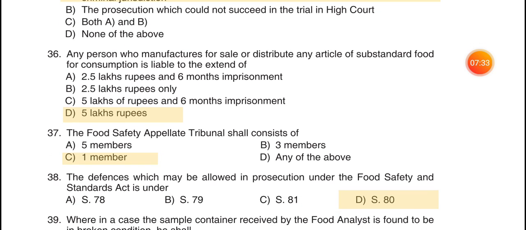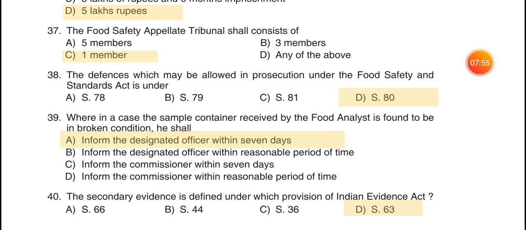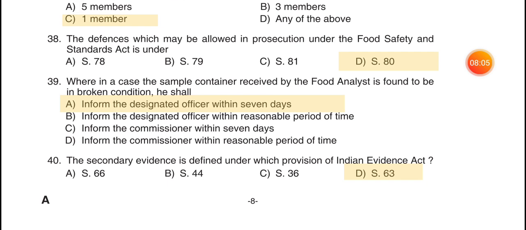36. Any person who manufactures for sale or distributes any article of substandard food for consumption is liable to the extent of option D, 5 lakh rupees. 37. A food safety appellate tribunal shall consist of option C, 1 member. 38. The defences which may be allowed in prosecution under the Food Safety and Standards Act is under option D, S80. 39. Where in a case the sample container received by the food analyst is found to be in broken